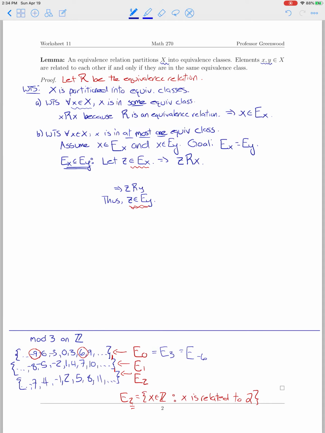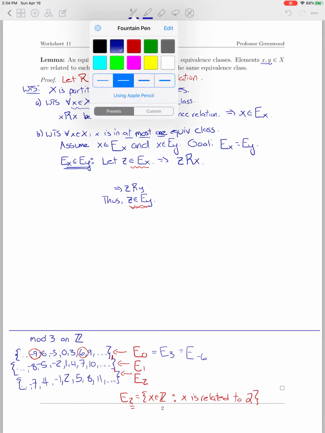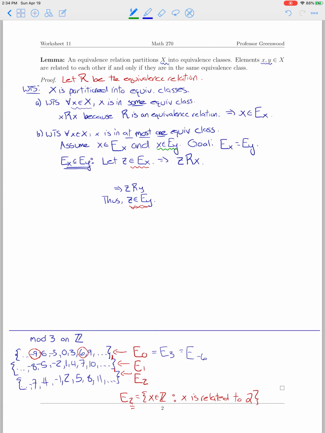Okay, so now I have to somehow use the fact that z is related to x to show that z is related to y. And the one thing that I haven't used yet is this line right here, that x is in E sub y. And so let me show what that means. So since x is in E sub y, we have that x is related to y. And so now I have the two statements here, that z is related to x and x is related to y. And so the way to connect those